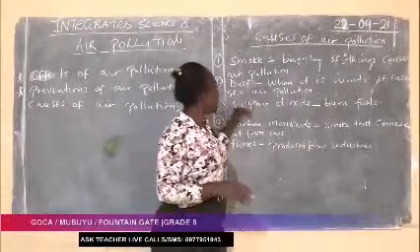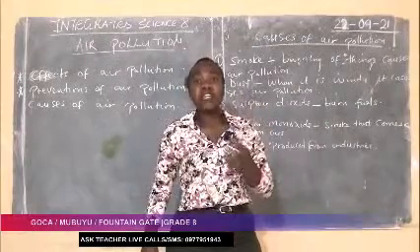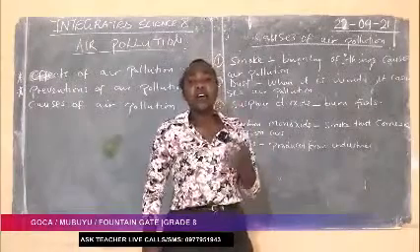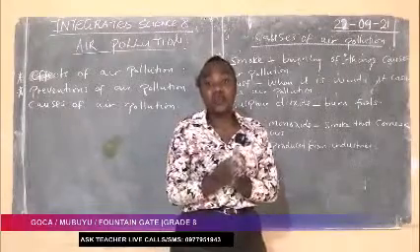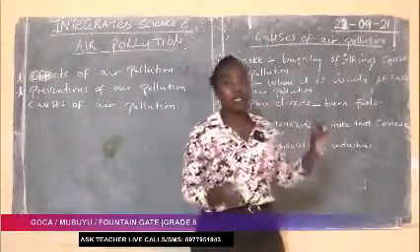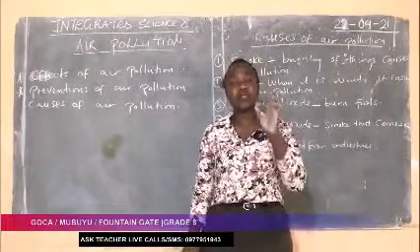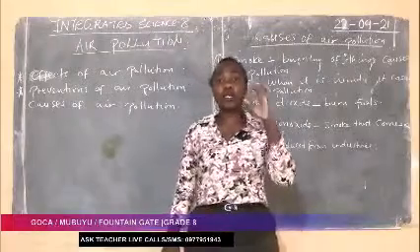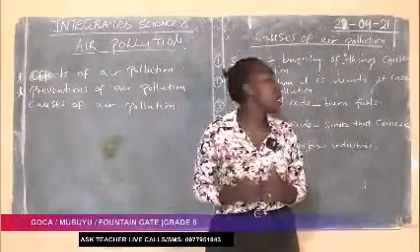Okay. Then the third one, we have got sulfur dioxide. Sulfur dioxide comes from burning of fuels. Okay, so when you burn fuels, you're going to produce sulfur dioxide, and sulfur dioxide is going to pollute the air that we breathe in. Okay, then the fourth one, we have got carbon monoxide. Carbon monoxide comes from cars. Okay, so the smoke that comes from cars is what we call carbon monoxide, and when this smoke has been produced by cars, it is going to pollute the air that we breathe in.